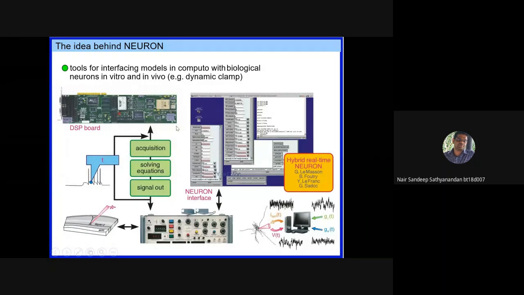Once that is reconstructed, we can also embed our code into the DSP board, which can be given as feedback using an external device to the brain itself, so that some corrective mechanisms can be taken care of.